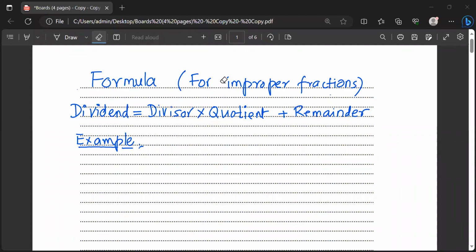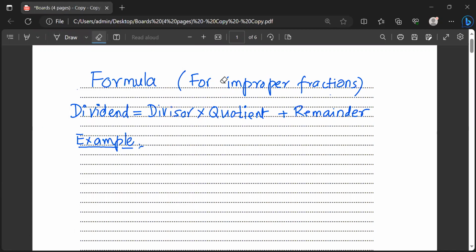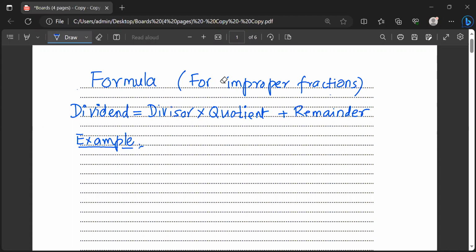Today I'll discuss an important formula which is applicable for improper fractions, and that is the dividend is equal to divisor multiplied by quotient plus remainder. We can verify this with the help of an example. So I'm starting with an improper fraction, say 76